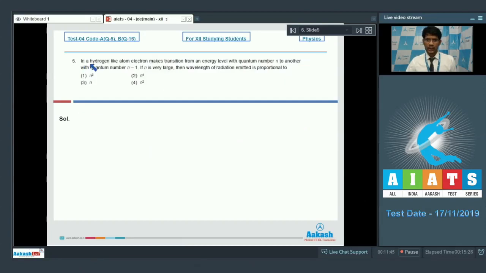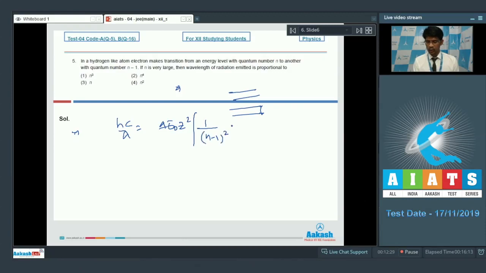Here in question number 5, in a hydrogen-like atom, an electron makes a transition from an energy level with quantum number n to another quantum number n minus 1. If n is very large, then the wavelength of radiation emitted is proportional to what. Here it actually changed from n to n minus 1. So the energy that will be liberated, if I write it as hc by lambda, would be delta E, that is E naught z square into 1 divided by n minus 1 whole square minus 1 by n square,